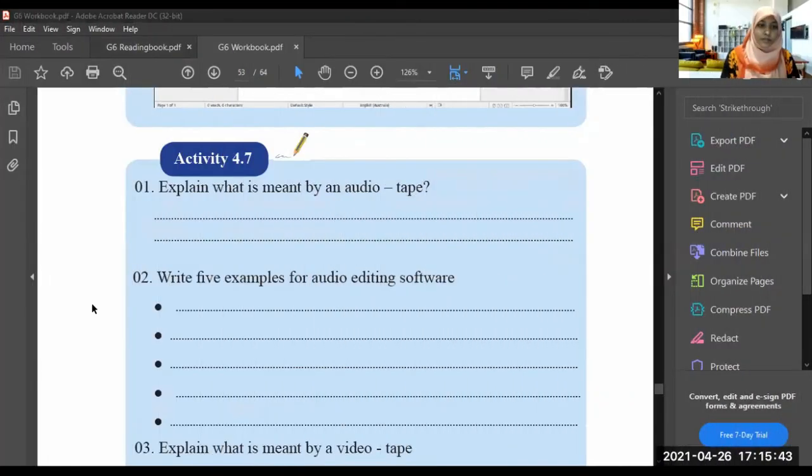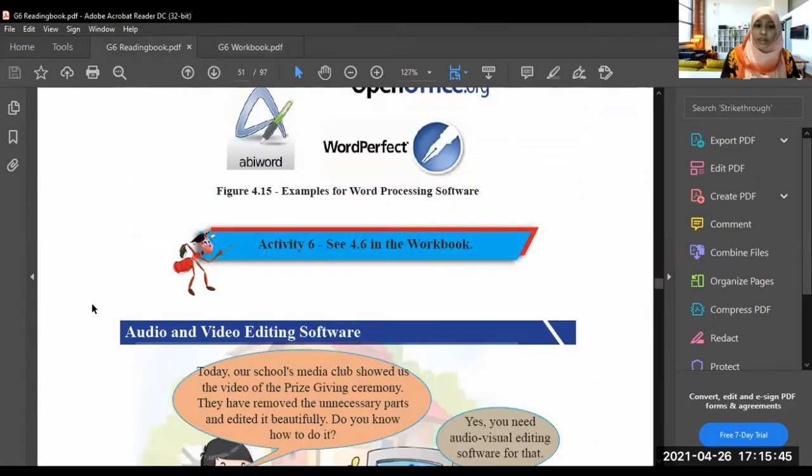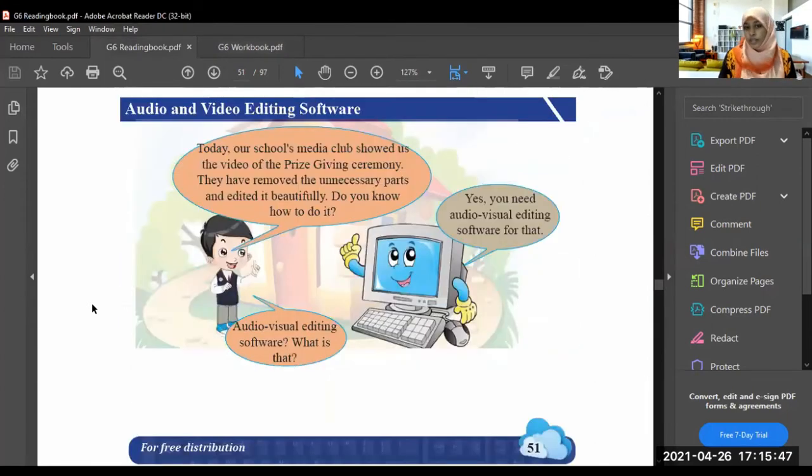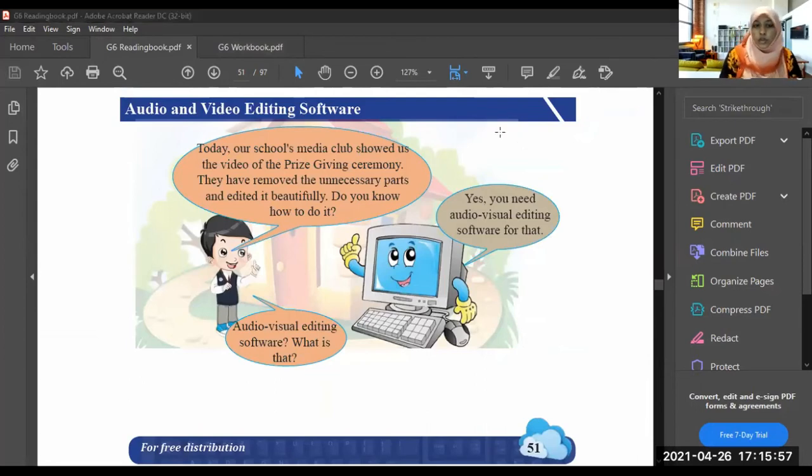Next one, audio and video editing software. Let's learn about audio and video editing software. There is a computer and a small boy talking together. We'll see what they are talking about.